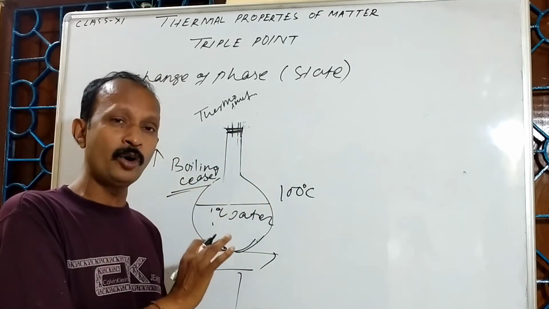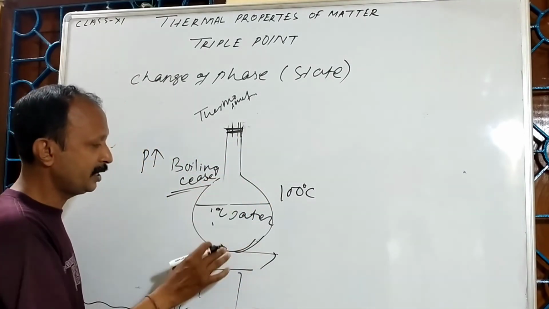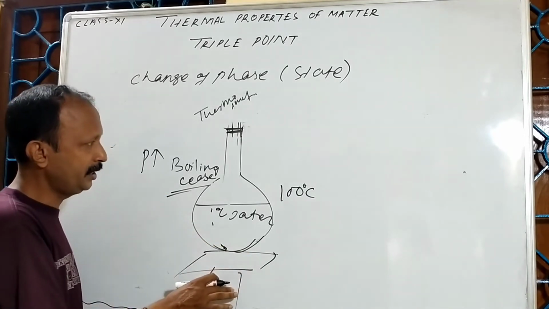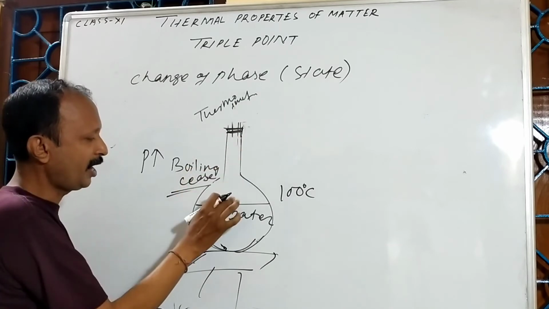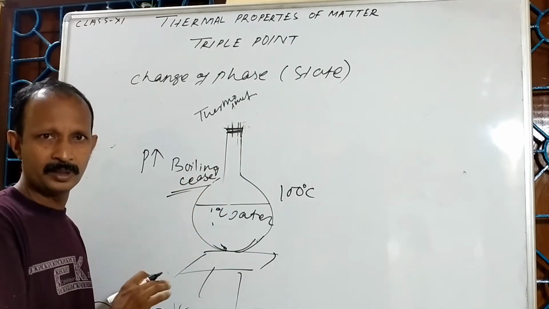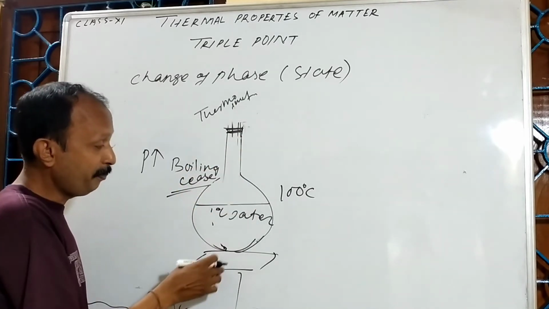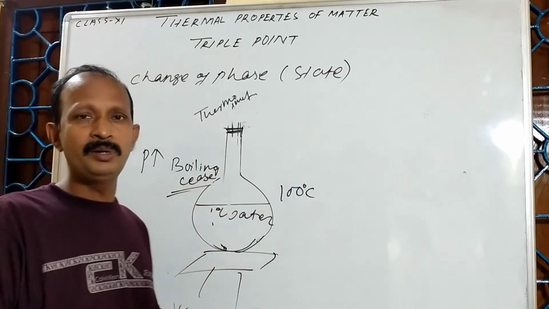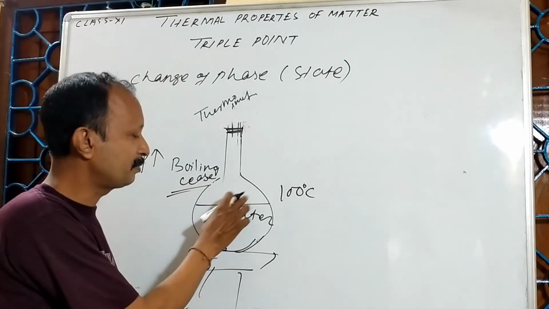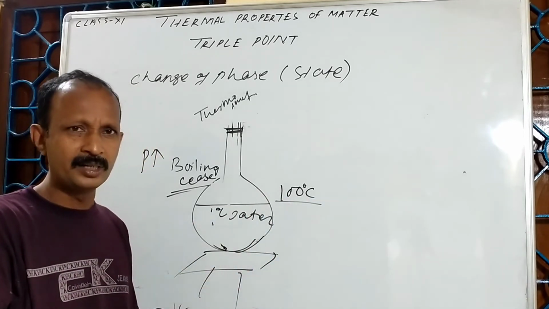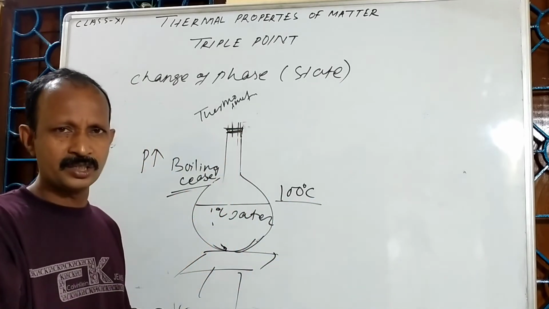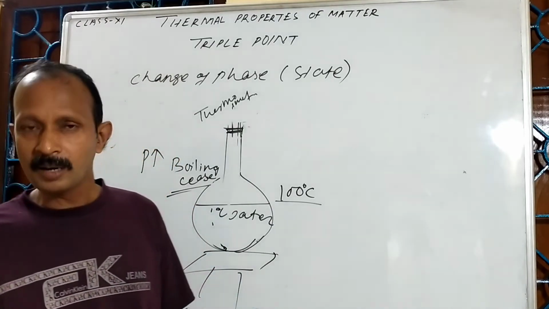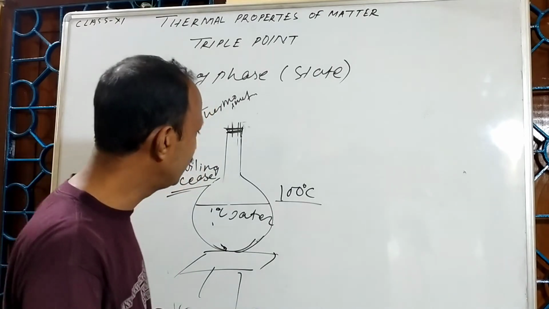So we have to supply more heat. At the same time, when I said that you stop supplying heat, if you stop supplying heat, you will find that the boiling process will stop. If the temperature reaches more than 100, then there is a chance of boiling starting again. But it will not start suddenly, because before that 100 degree was there. We stopped, pressure increased. So when the pressure increases, the boiling point also increases, and when pressure decreases, the boiling point decreases.